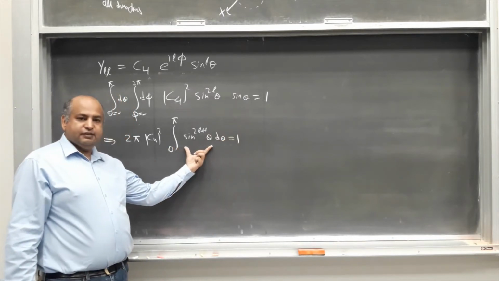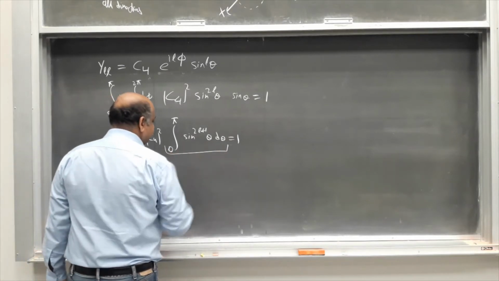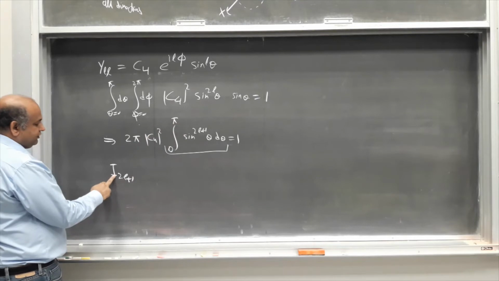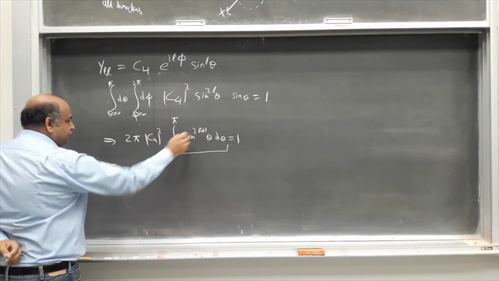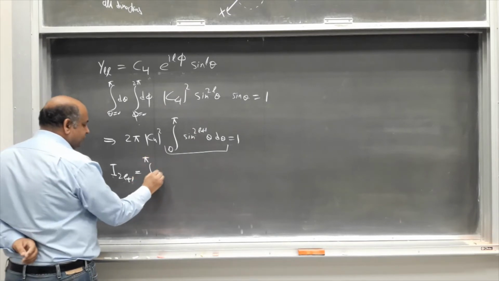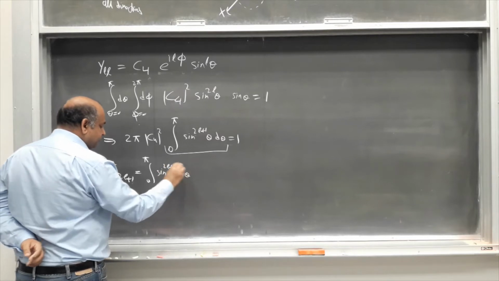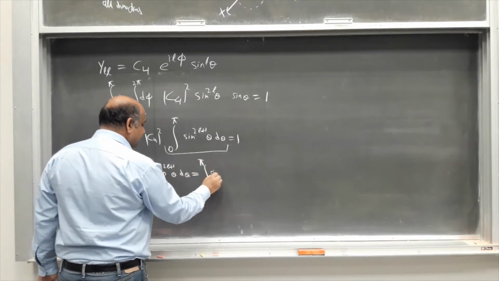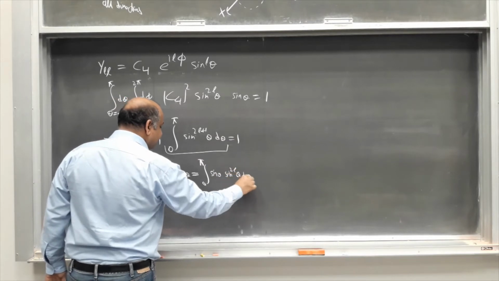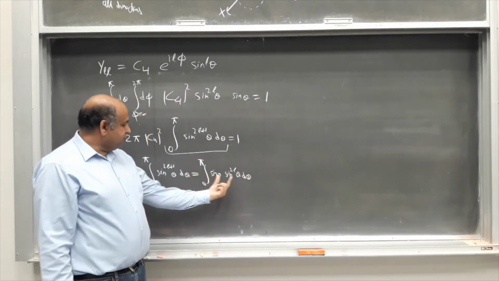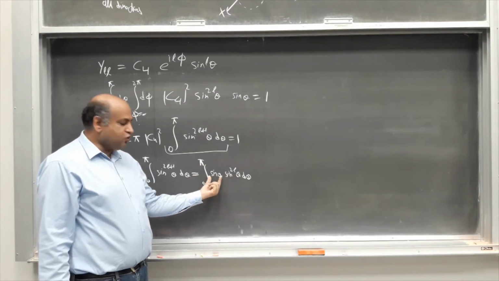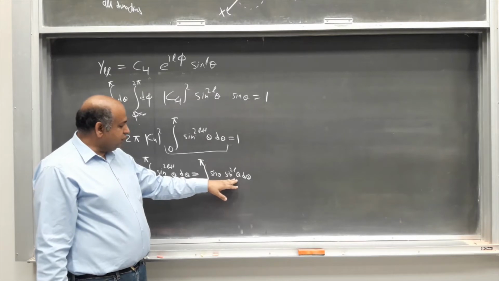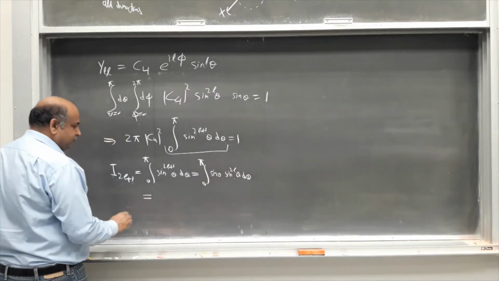Now all we have to do is find this integral, and I can easily find it if I note this thing. Let me label this integral as some integral with index 2L plus 1, because this is the power over here. This is 0 to pi sin 2L plus 1 theta d theta. Now if I break it into two parts, sin theta separate and sin 2L theta d theta, and then I use integration by parts. So I keep the first as it is, and the integral of sin theta is minus cos theta, applying limit 0 to pi, and then I differentiate this one inside the integral. So what I get is actually